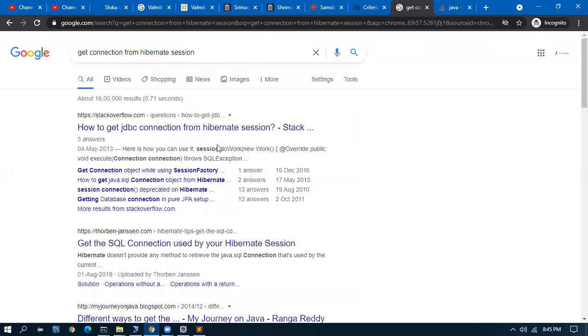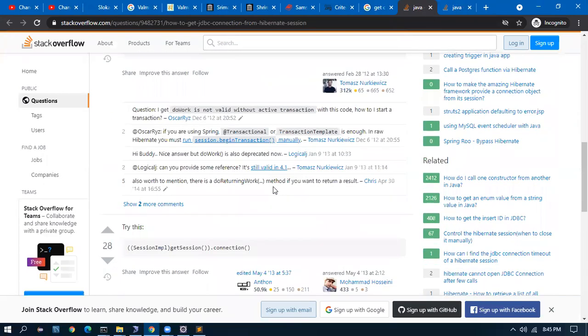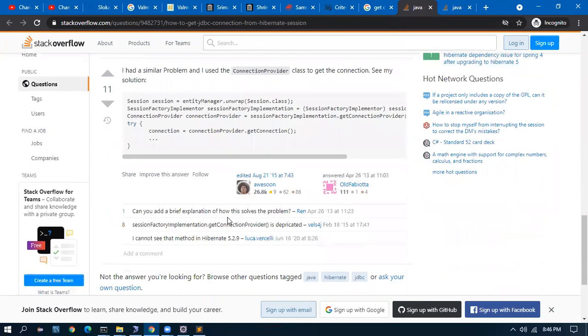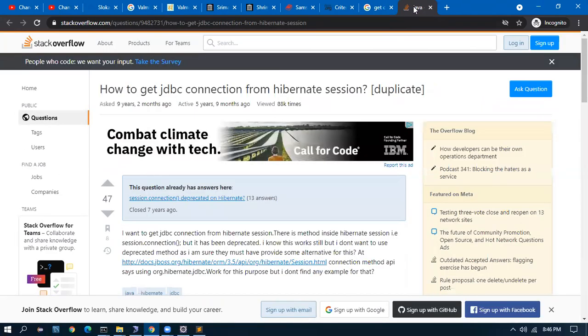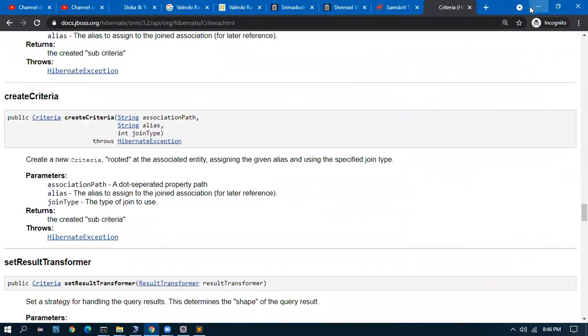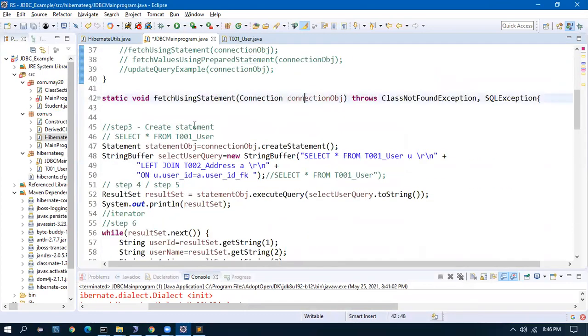I was saying we can get a connection from Hibernate, not this one. There is a way; I'll find out. What we can do is get the connection from the Hibernate session and pass it to the regular methods.